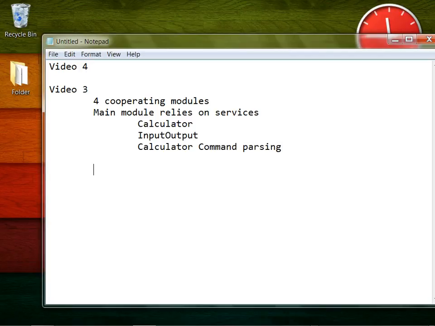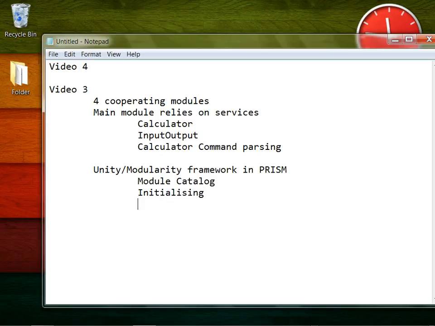And where we'd got ourselves to was that by using a combination of Unity and the modularity framework in Prism, we had a little console application that was pretty independent in that we just relied on the modularity framework in Prism to populate a module catalog and then go around the modules that were registered in that catalog and their dependencies, initializing them, and that initialization process registered types with the Unity container, and finally for us actually run our